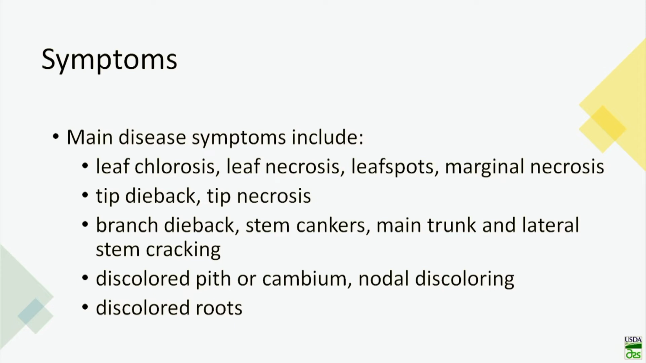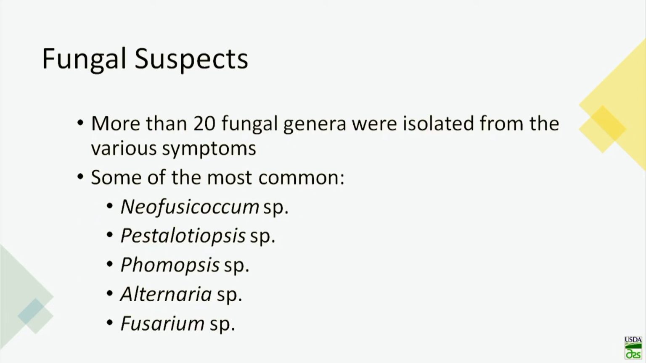We've seen symptoms of branch dieback, various stem cankers, problems on the main trunk and the lateral stems. When you actually start looking inside the plant, we can see discolored pith or the cambium. There's some nodal discoloring, and there's even discolored roots. So, does that sound complicated? It is. Fungal suspects. So we're always hoping to find maybe that one or two primary pathogens causing the problem